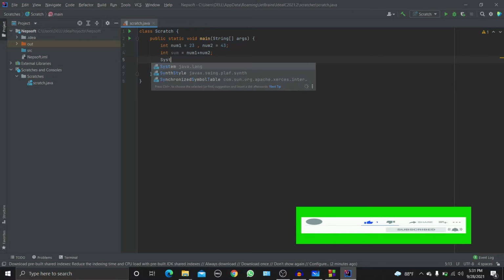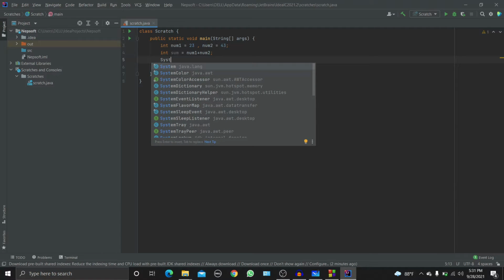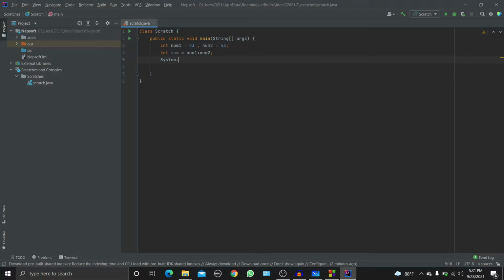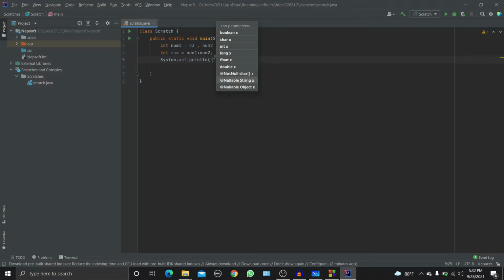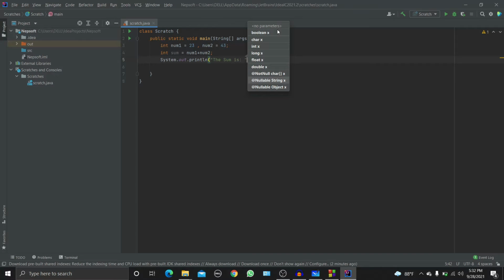And now we need to display the output. So we'll have System.out.println. Now we have "the sum is", and just here after you use the plus operator for the display of any variable and put here sum, and now it's completed.